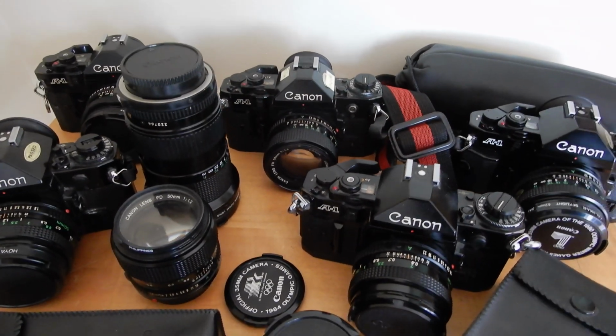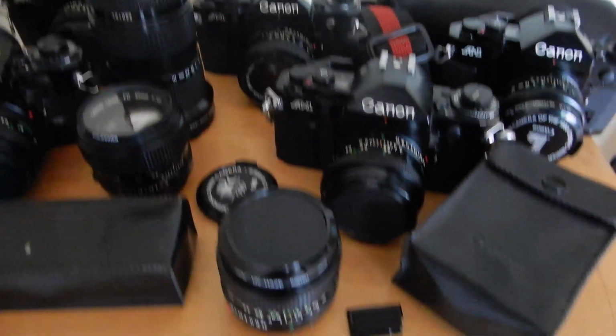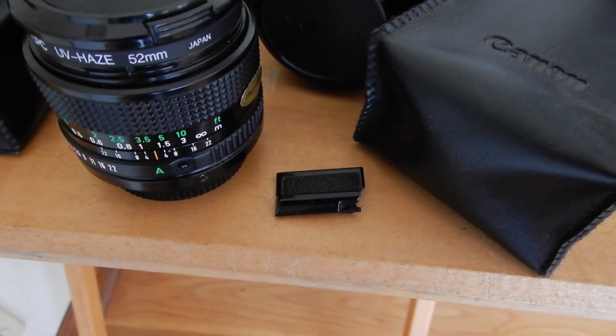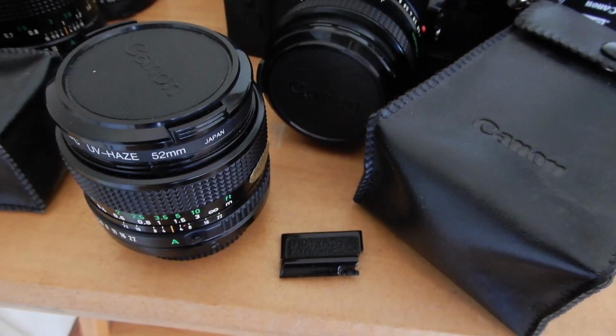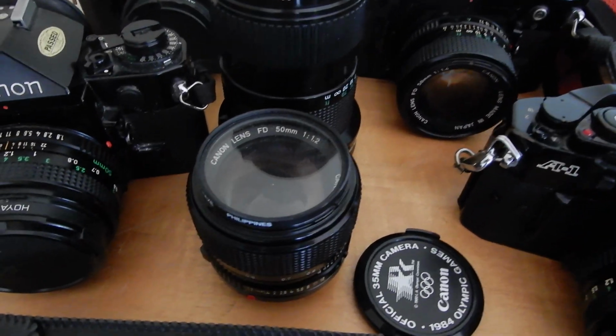I am collecting them. And today I am going to speak about the topic of replacing the battery door. As you know, it's a fragile piece of the Canon A1. But before we do that, just want to show you this